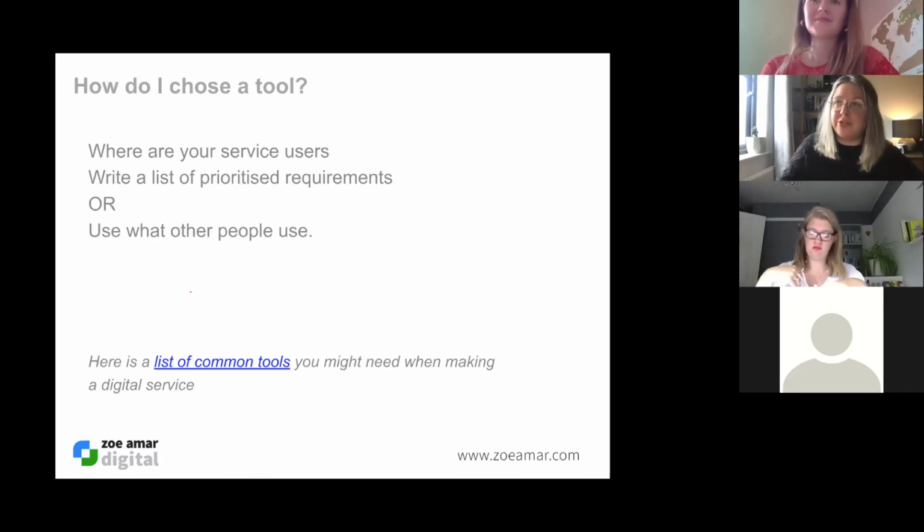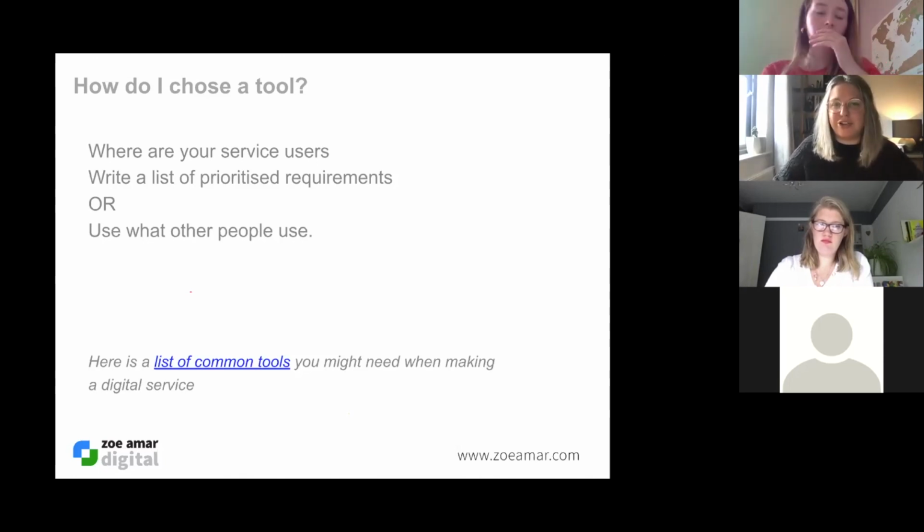But the final option, and this is the cheat option, and it's also probably the easiest and best option, is to have a look at what other organizations are doing. If they're delivering a similar service to you, they might have done the testing for you. They might have tried out 4 or 5 different products that didn't work for them and settled on this one. So you can quite quickly, if you can develop a relationship with them, ask them what they've used. If you can find case studies, I think that's a really good way to have a shortcut to make a decision on a tool.